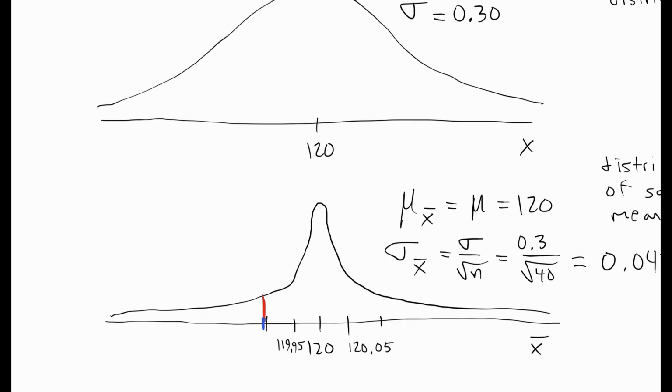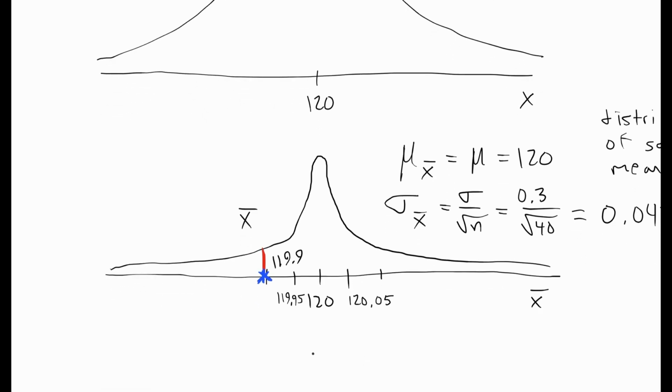We can put a star where the sample mean ends up being. Sometimes it's just a good visual display of the x bar, and that's where it lands up. They want to know the z-score of that. So this is